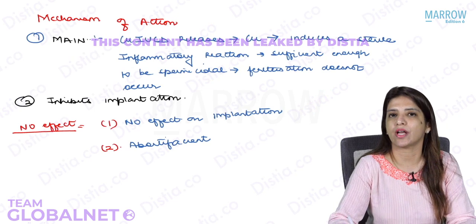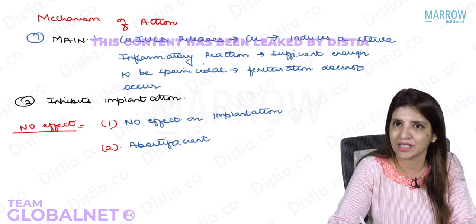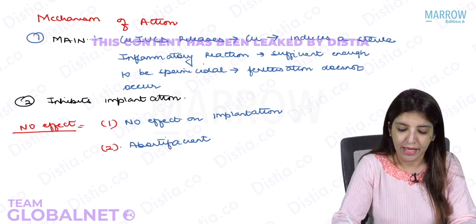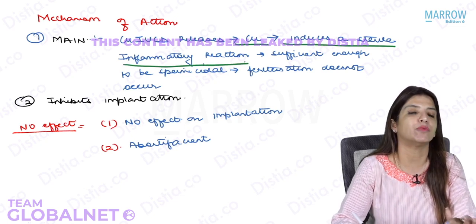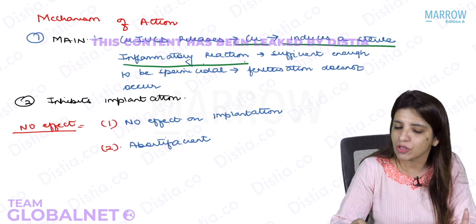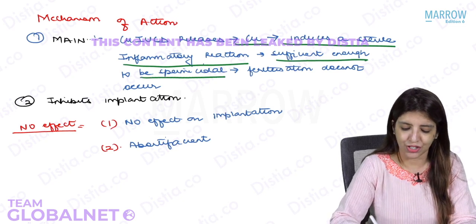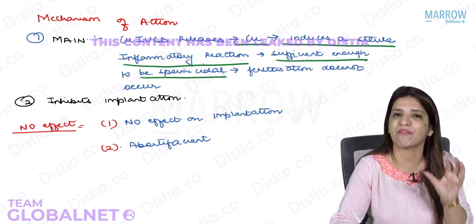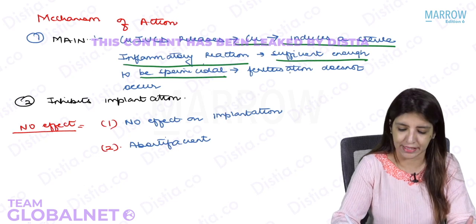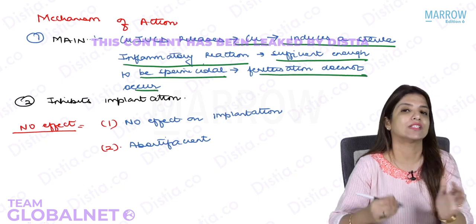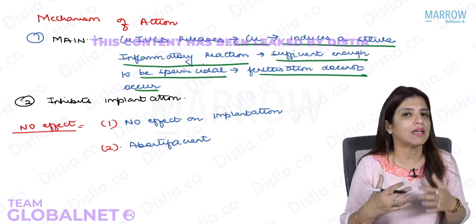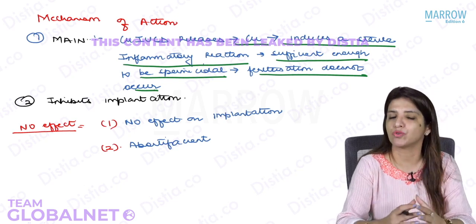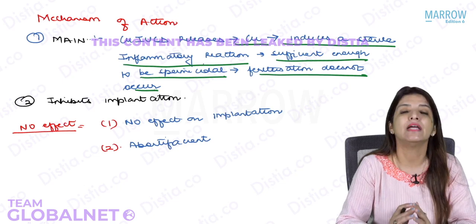All second generation IUCDs are copper containing IUCDs, and they are going to release copper. When they release copper, they induce a sterile inflammatory reaction. Because of this sterile inflammatory reaction, which is sufficient to be spermicidal in nature, fertilization doesn't happen. So if they ask you what is the main mechanism by which copper IUCDs act, please remember that